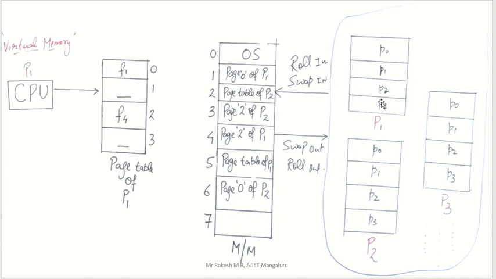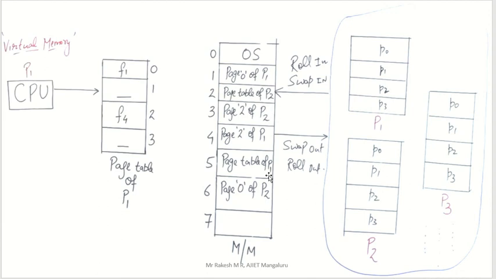Now swap in. It checks where the free frames are. Is there any free frame? No. Previously we had one, but that is also booked now. We took page 1 here, that's why F7 was updated. But now no free frames are there. So where are we going to take page 3? We have to take page 3 because the CPU is asking urgently; the CPU wants page 3 immediately. How to load that?